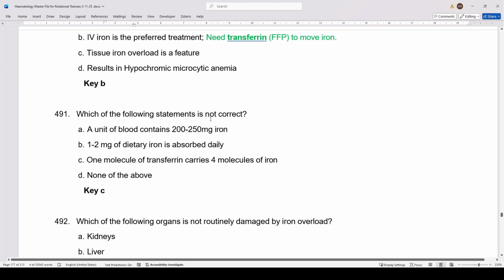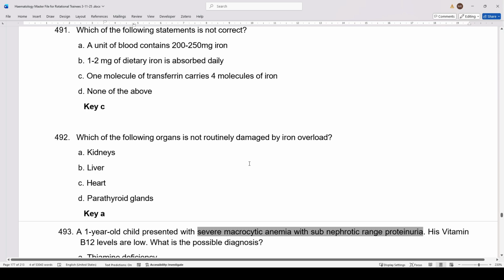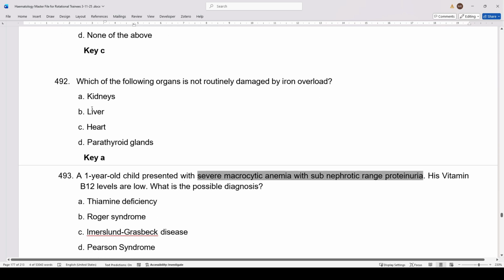Which of the following statements is not correct? One unit of blood contains 200 to 250 milligrams of iron. It is correct. One to 2 milligrams of dietary iron is absorbed daily. It is also correct. One molecule of transferrin carries 4 molecules. So it is wrong. One molecule of transferrin carries 2 molecules of iron. C is correct. Which of the following organs is not routinely damaged by iron overload? With iron overload, the liver is damaged, the heart is damaged. Iron also deposits in the endocrine glands. So